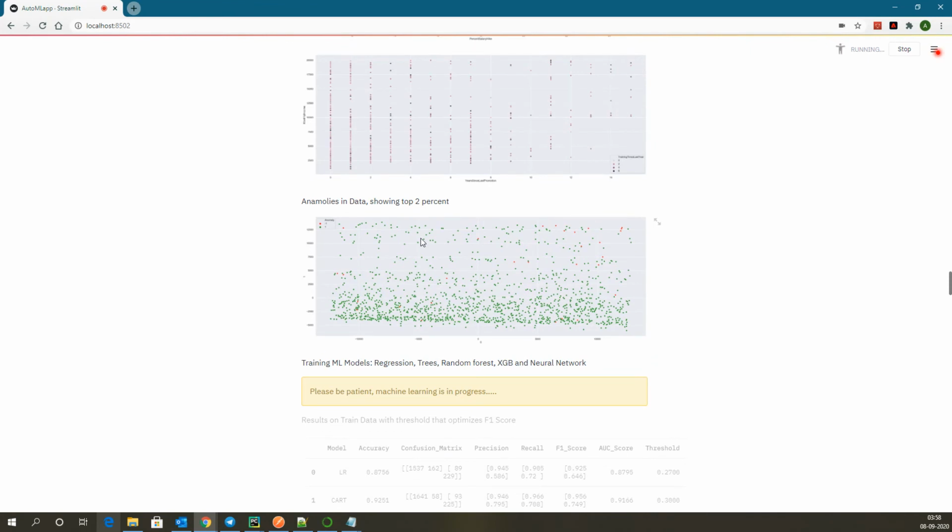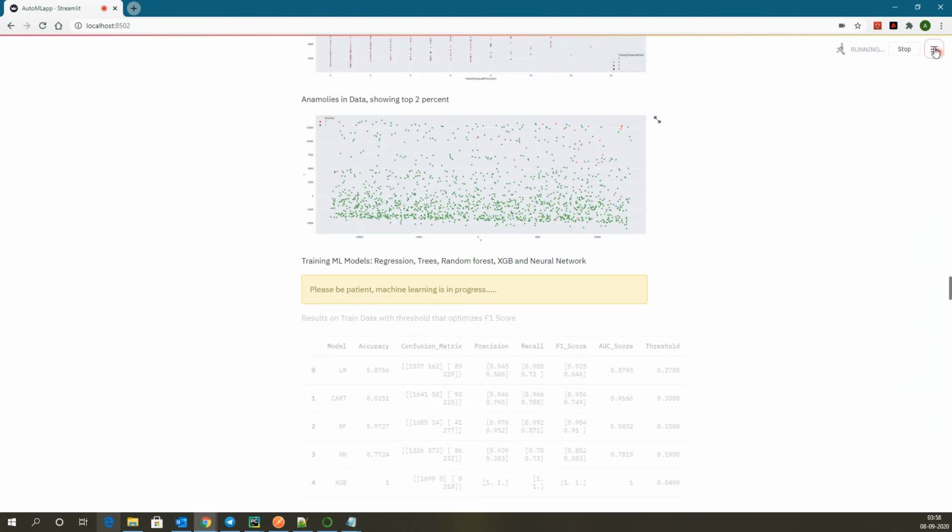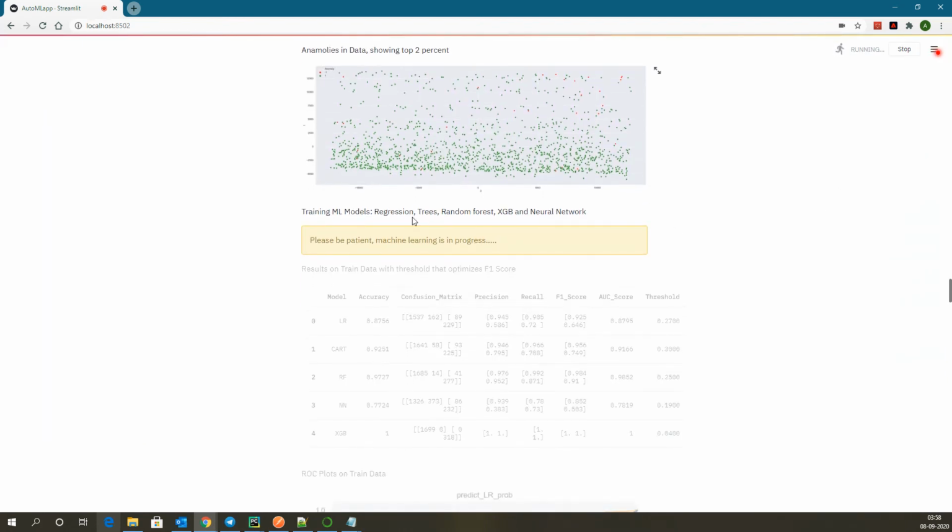And then come the anomalies. This would not change because this is irrespective of the target. So pretty much the same results. If you want to just highlight and see, you can see that. And then I'm again running models. This being a continuous feature, I'm running linear regression, CART, random forest, XGBoost, and neural network.